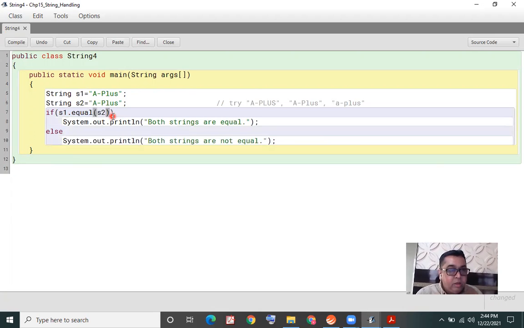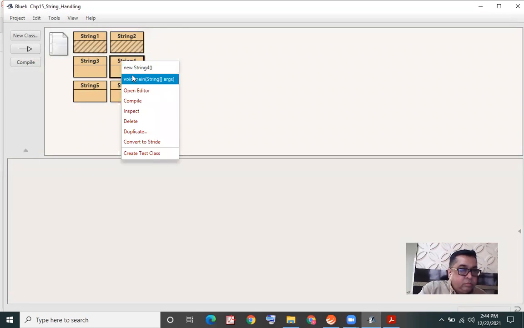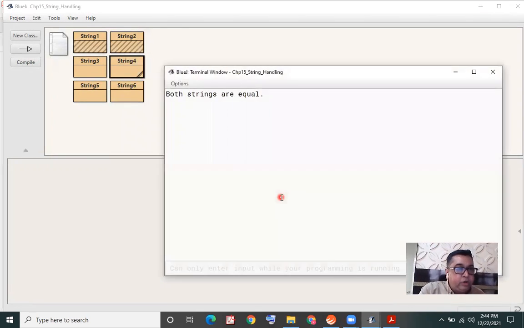So here you are, S1 dot equals S2. I've assigned A plus to S1 and again A plus to S2 with A and P capital letters. Compiling this, executing the program, both strings are equal.